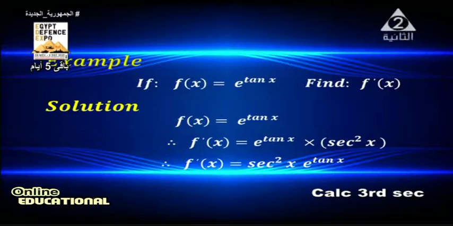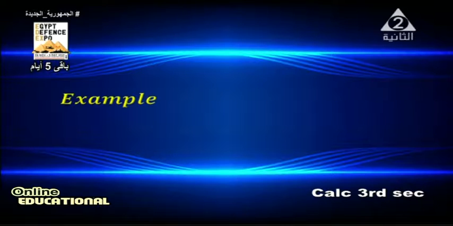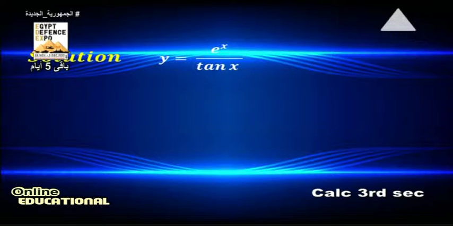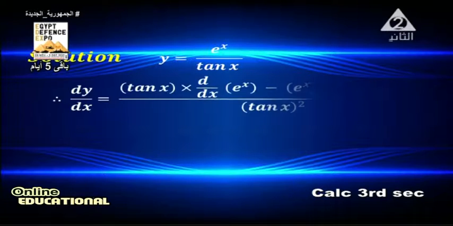Another example, if y equals e to the power x over 10x, find dy dx. Now we have a quotient. Y equals e to the power x divided 10x. We can use the derivative of quotient of two functions. Dy dx equals